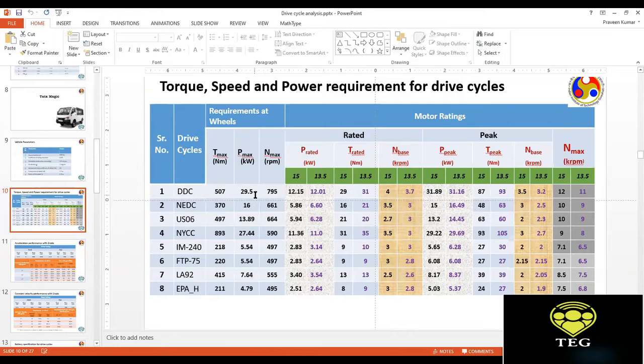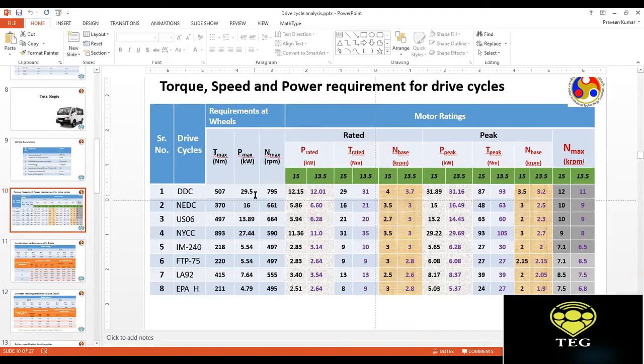Had people not gone for such frequent acceleration even at higher speeds, then the power demand for the daily drive cycle would have come down. And that's also logical, because in city conditions there is actually no need to go beyond 50 kilometers per hour. The maximum speed limit in most cities worldwide is 50 kilometers per hour. It's even so in India as well.